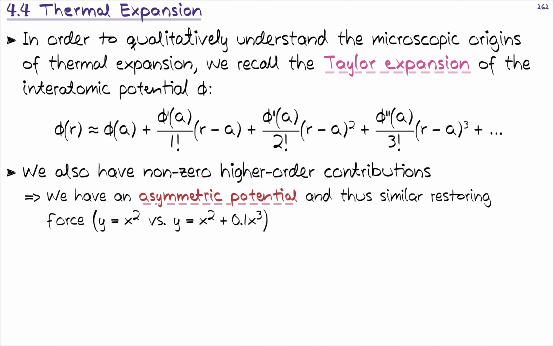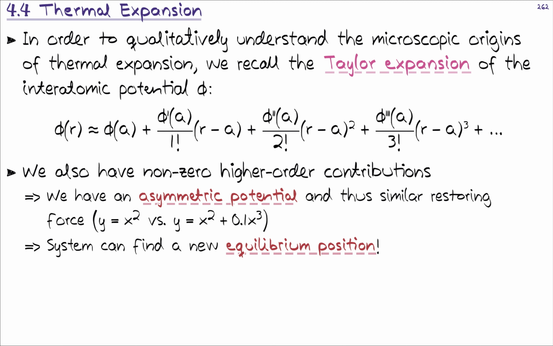And what this means is that when we are looking at the temperature dependence, we are putting a little bit more thermal energy into our system, and we are calculating the mean position of our oscillator. We see that the system can now shift its equilibrium position because we have this anharmonicity in our potential. And I will stop my lecture by showing roughly, graphically speaking, how this process may